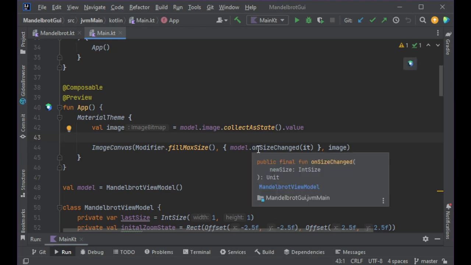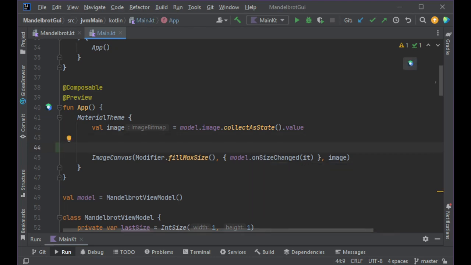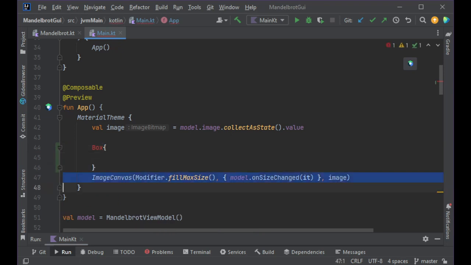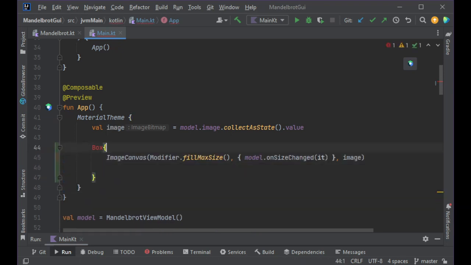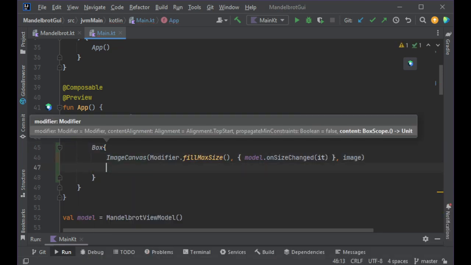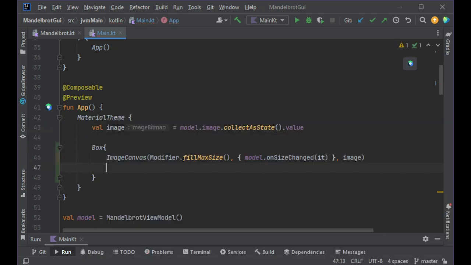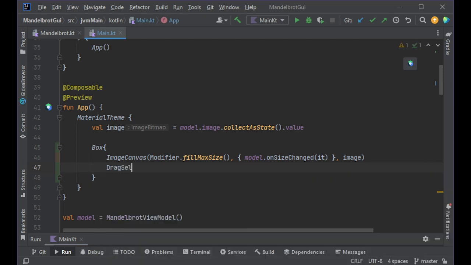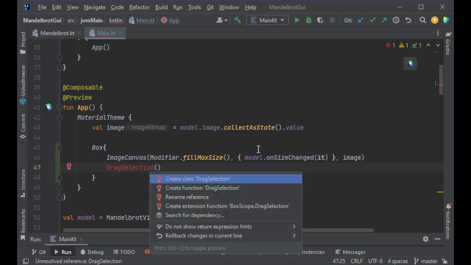First, I will create a box around the canvas, so we can stack components on top of each other. So we have the image canvas, and on top of the canvas I want to have a new component, drag selection, that will be another function,